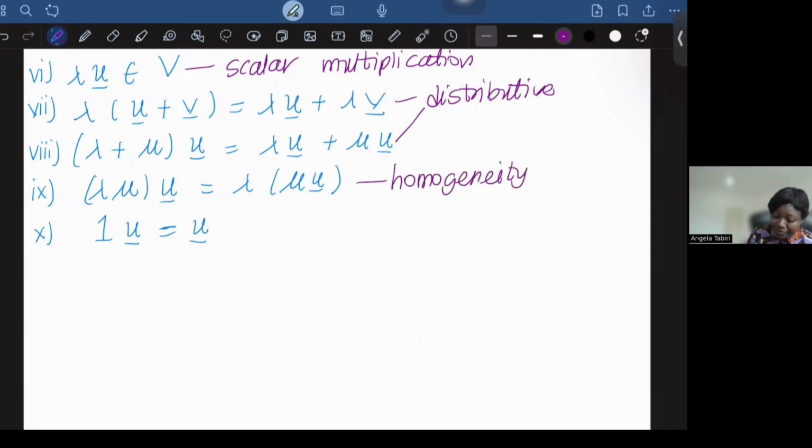And finally, we saw that in a field, we always have the element 1, which we call the multiplicative identity. You want that when you multiply this multiplicative identity by U in a vector space, it should give you the same U. Okay. So these are the 10 axioms that give you the definition of a vector space. Now, when we think of